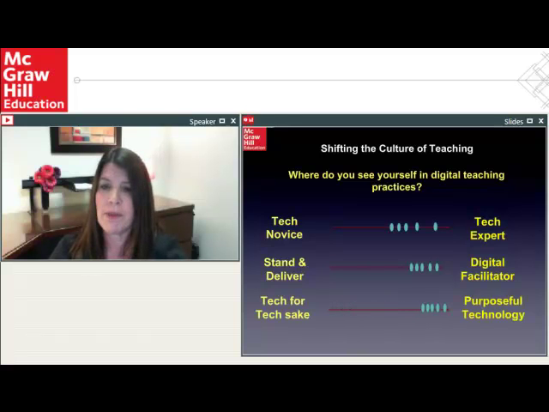And most importantly, you're making selections. You're not just putting technology in because it's cool and the kids think it's going to be fun, but it's purposeful technology. What instructional strategies are you using with your technologies?